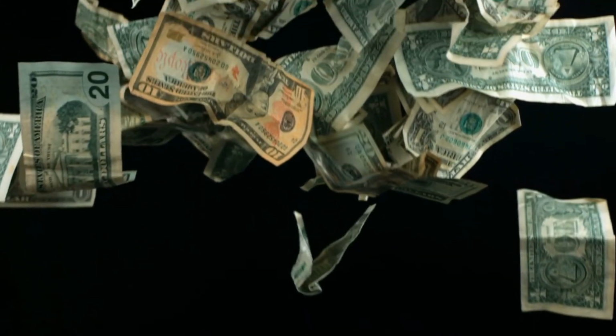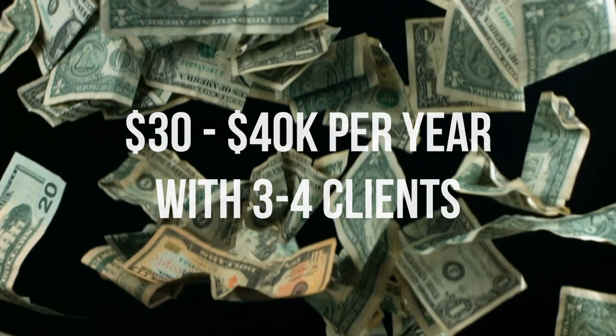Outside of Fiverr and freelancing, you can set up a company to do social media managing. Some social media managing companies tie in with social media marketing and they basically offer bundle packages. But just social media managing, for a company to manage another company's social media, can charge somewhere between £1,000 a month if they're doing it on a professional regular basis. So if you've got 3 to 4 clients, just 3 to 4 clients paying you $1,000 a month to manage all their social media across various platforms, that's a good way and a realistic way of earning £30,000 to £40,000